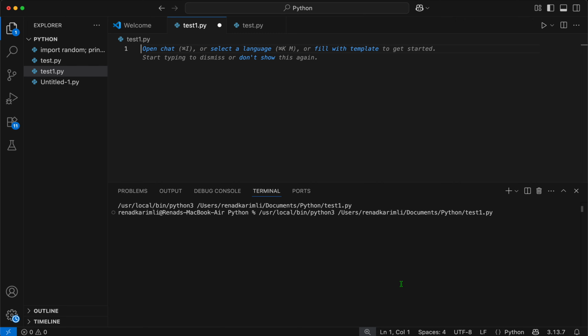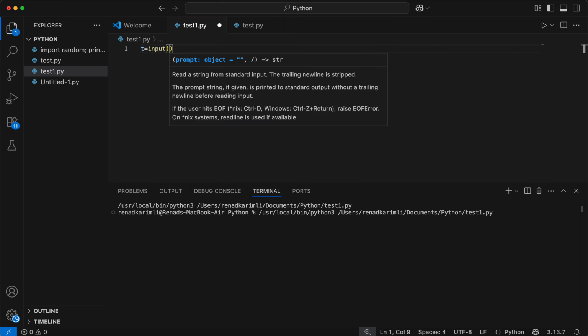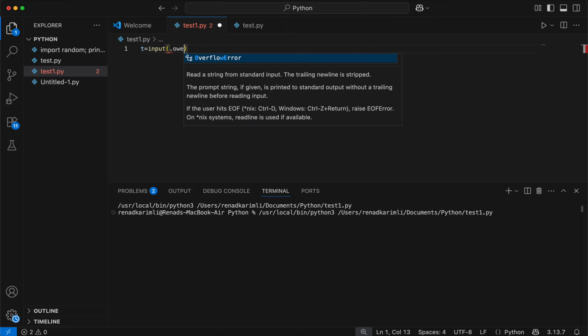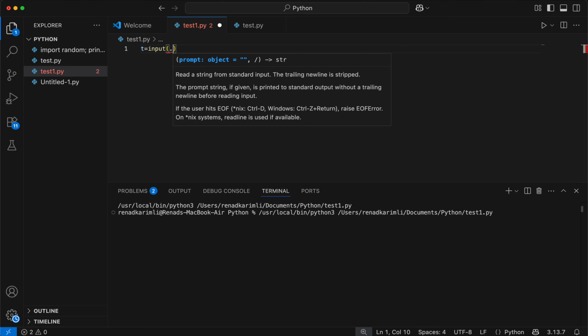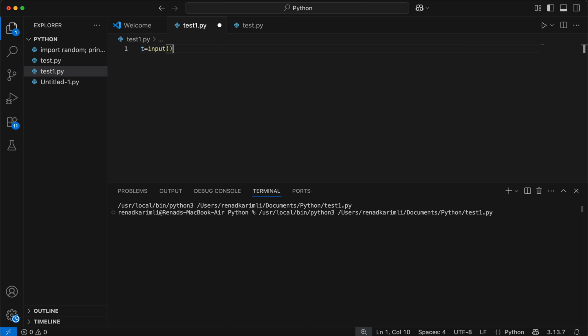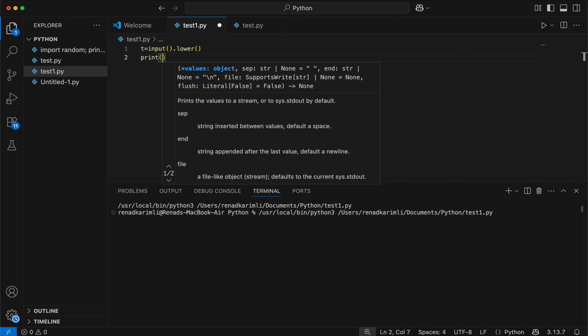In this video we're going to create a new project where we will create an AI mood detector. So okay, first we would like to start by t equals input brackets dot lower brackets dot lower brackets. Then we would like to print